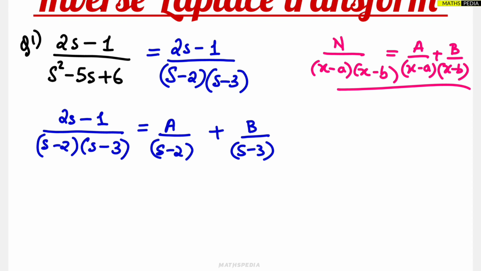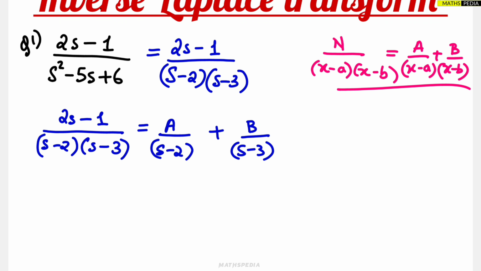What we can do is compare what will happen to this 2s. From basics we'll go. So what we are going to do here is take the LCM over here, into this and into this, the butterfly method. So 2s - 1 as it is, the LHS remains as it is, equals (s - 2) into (s - 3). We are going by the basic method, from basics, not a high-level thing, so we will do each step. So a into (s - 3) plus b into